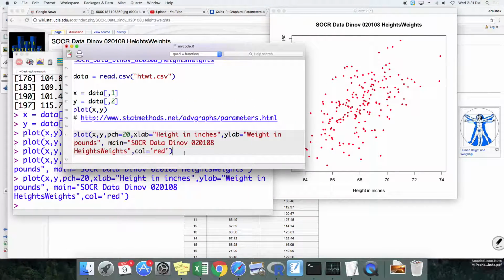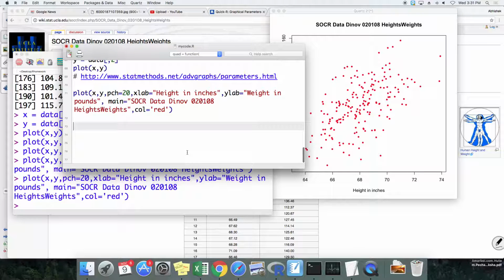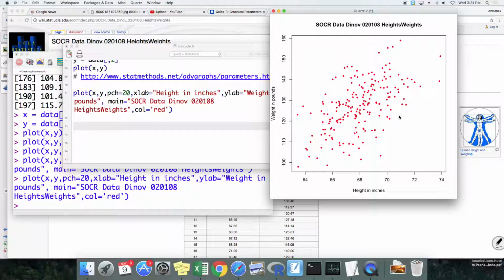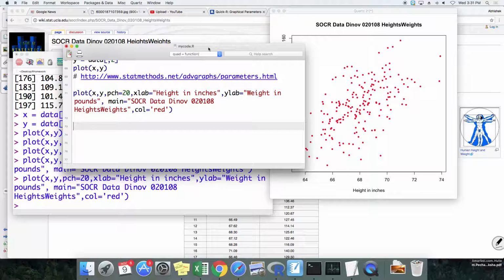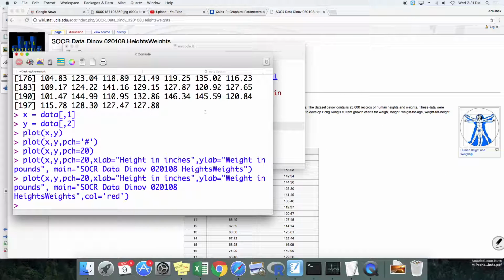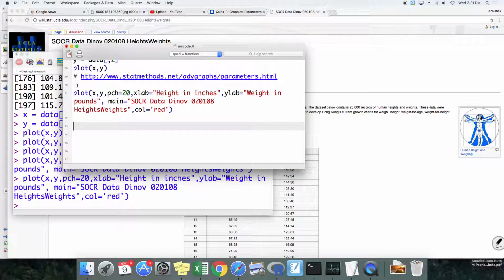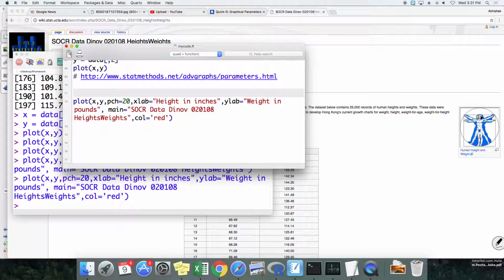So let me save this here. Now suppose I want to save this plot into my directory as a PDF file. So what I have to do is, let me close this guy. I'll first open a PDF. Let me name this height weight.pdf